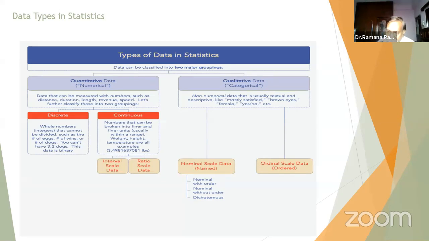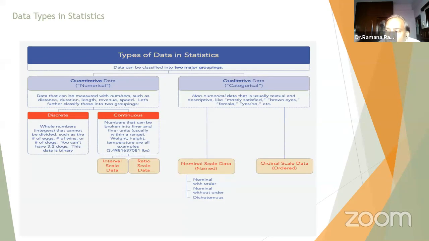But having said that, it is not that you will only deal with quantitative data. We will also deal with qualitative data, also known as attribute data. If somebody asks, are you satisfied with my service? You will say yes or no. There is no number involved, but still we have to do some statistical analysis. For this there is a separate branch, which is qualitative data analysis, and those are categorical variables.